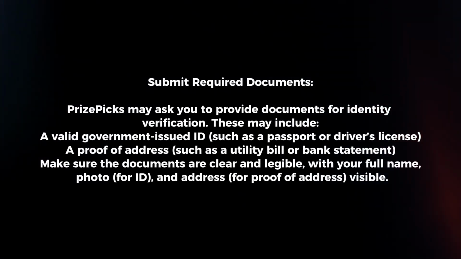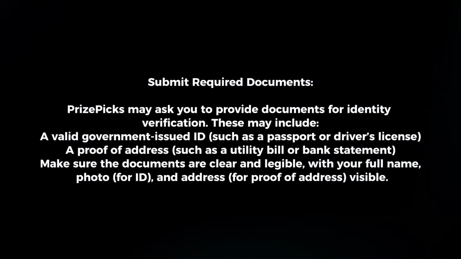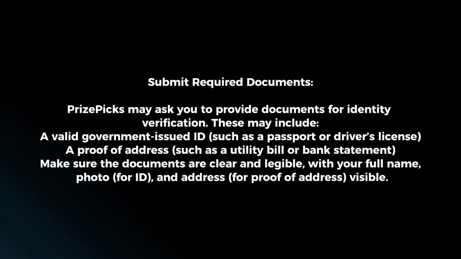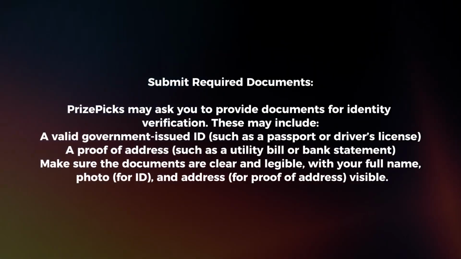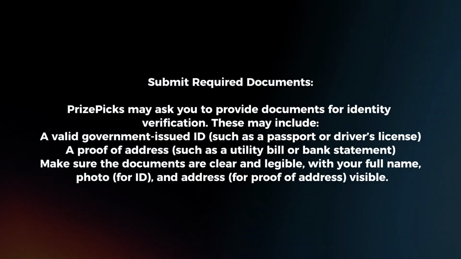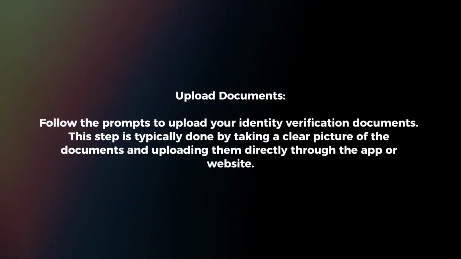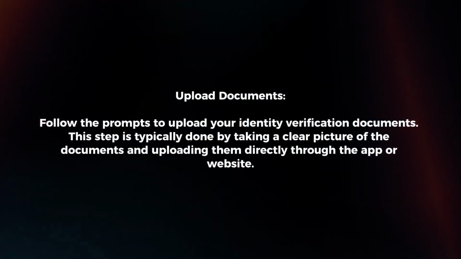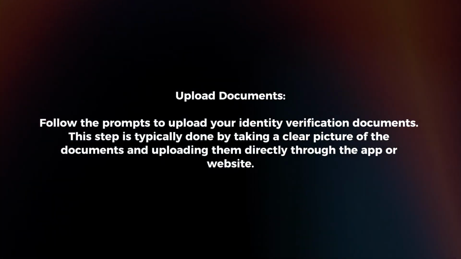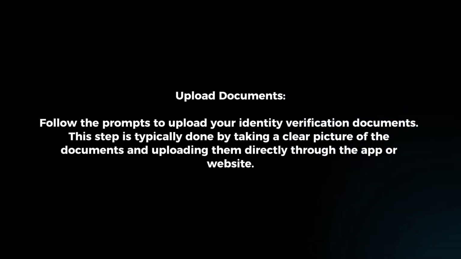Submit required documents. PrizePicks may ask you to provide documents for identity verification. These may include a valid government-issued ID, a proof of address. Make sure the documents are clear and legible, with your full name, photo, and address visible. Upload documents. Follow the prompts to upload your identity verification documents. This step is typically done by taking a clear picture of the documents and uploading them directly through the app